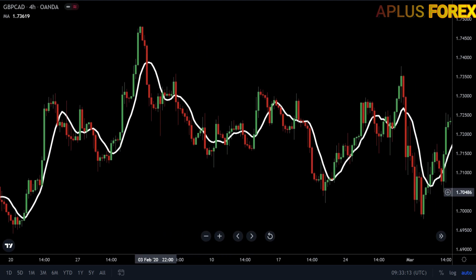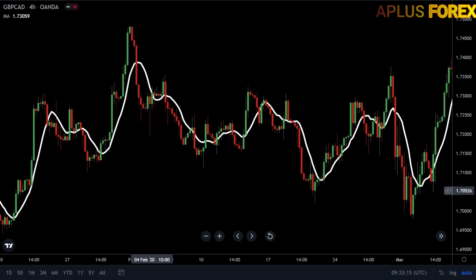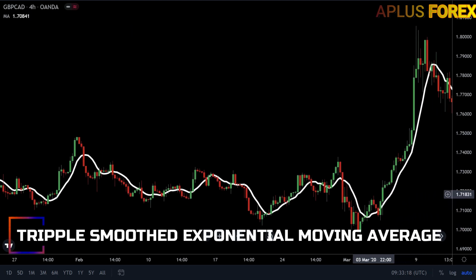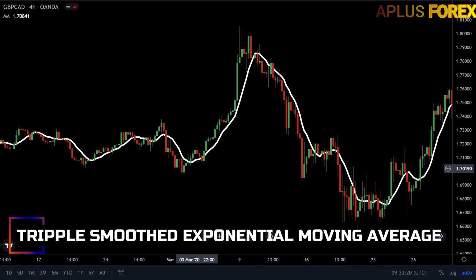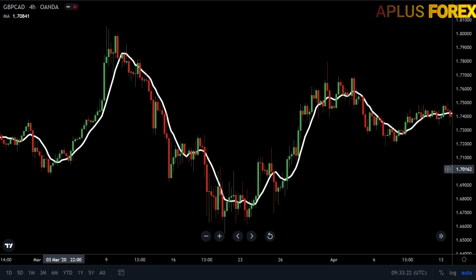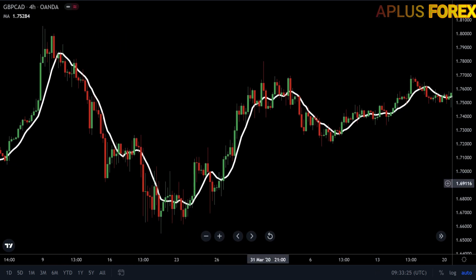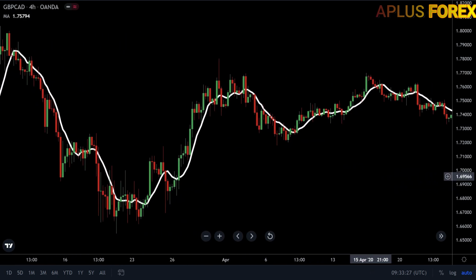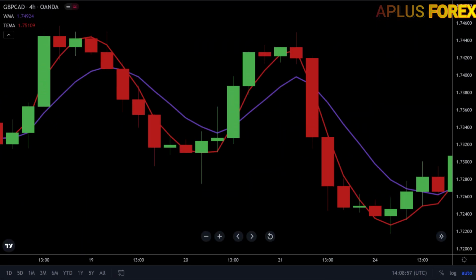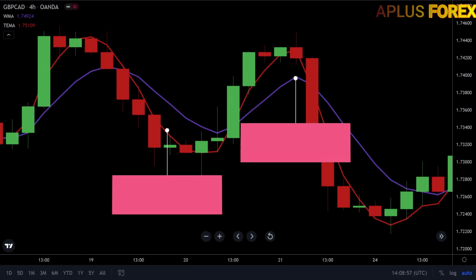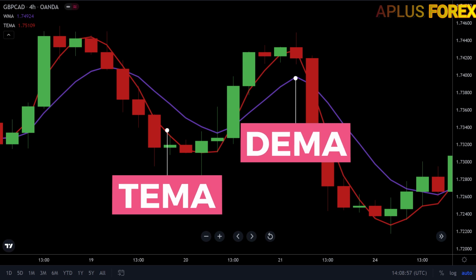Double exponential moving average and triple exponential moving average differ in that the triple exponential moving average's formula includes a triple smooth exponential moving average in addition to the single and double smooth exponential moving averages, which are used in the double exponential moving average's formula. Triple exponential moving average is shown as the red line in the chart below, and double exponential moving average is shown as the purple line. So this indicator, created using these three exponential moving averages, produces a moving average that stays even closer to the price bars than the double exponential moving average.